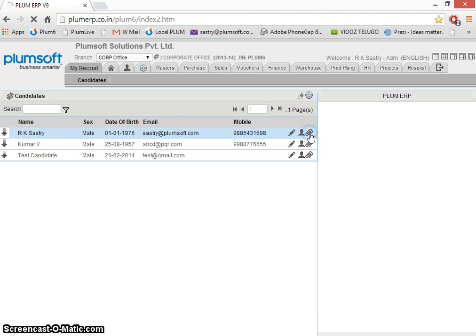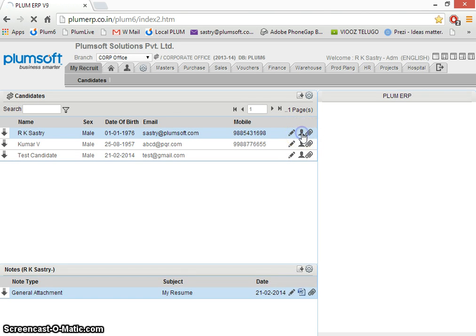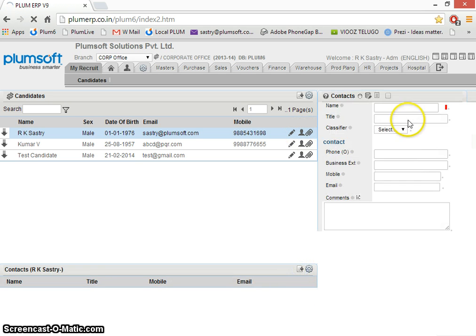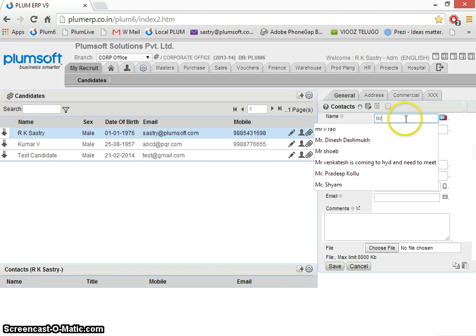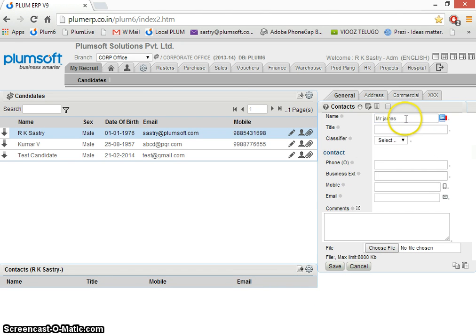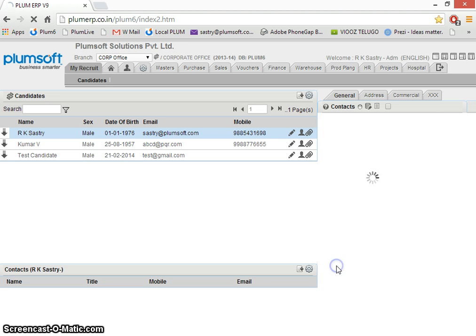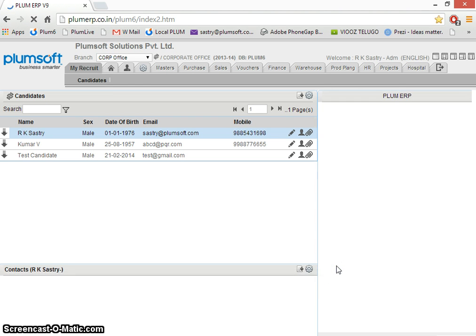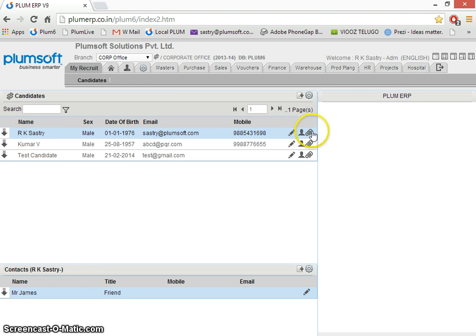The old attachment is as it is there, and in the contact maybe I wanted to write he is the friend, and I can give my friend's email ID or whatever it is. So, with this candidate we have given an attachment facility and a contact facility.